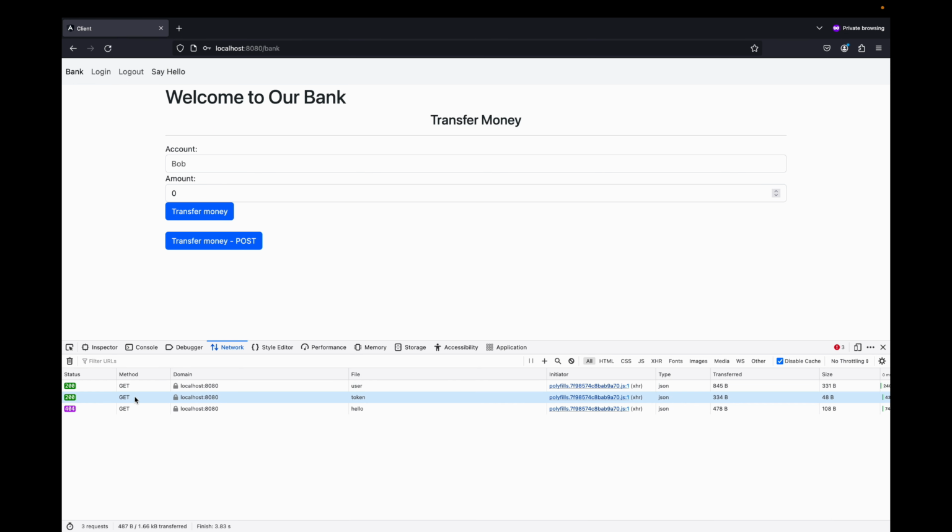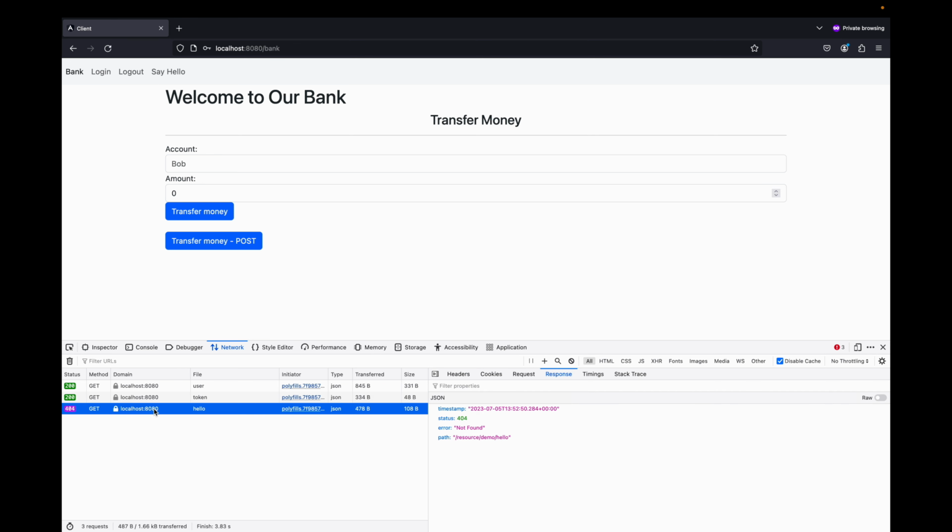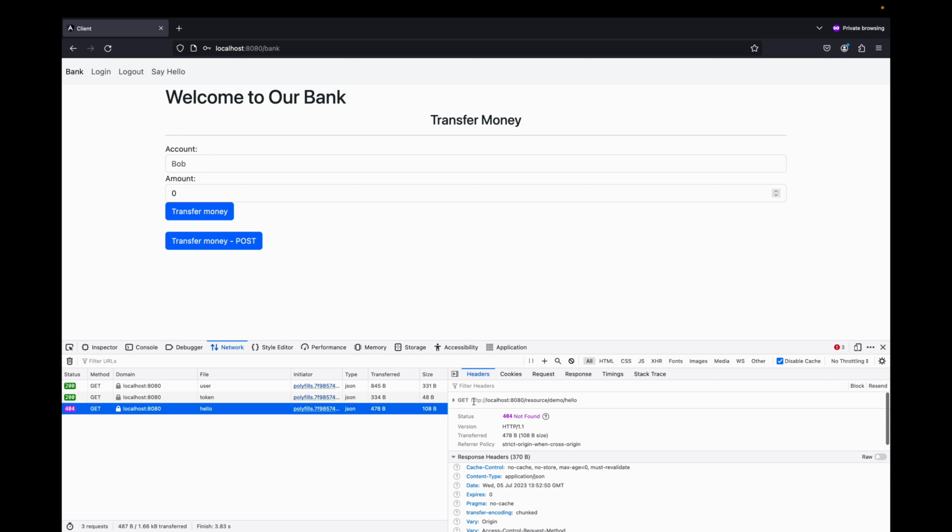Now this time we are fetching the token from resource server. So you can see that here. But we are getting 404 for resource server. That is because we are sending request to here. HTTP localhost 8080 resource demo hello. Now let's copy this URL for now